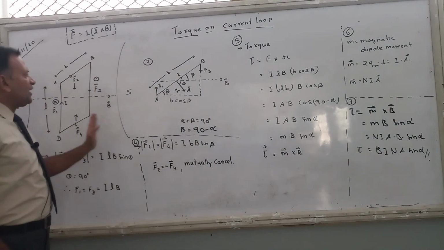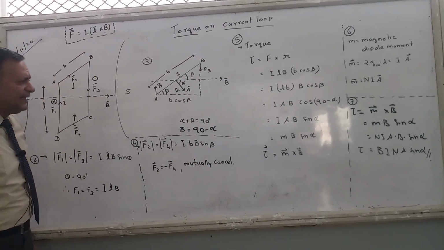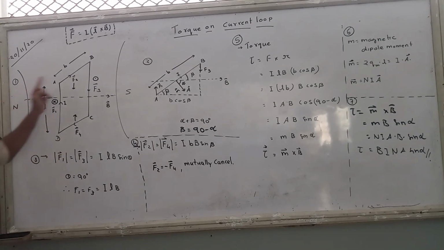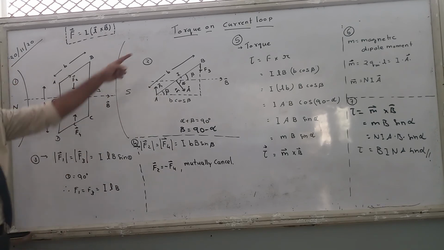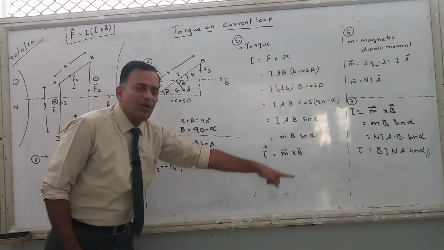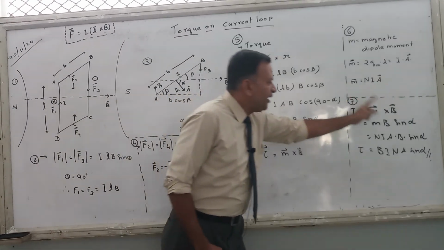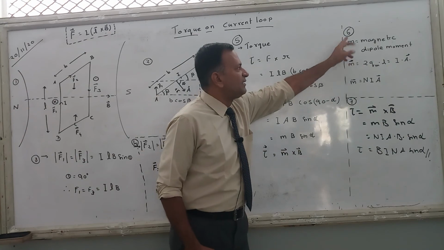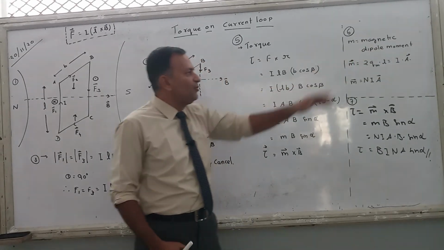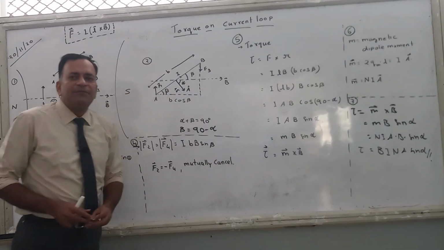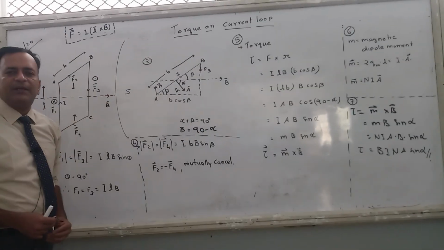Okay, the torque acting on this. See, this is a big derivation. What you need to know in this derivation is the diagrams number 1 and number 2, then calculating force F1 and F3, then calculating force F2 and F4, then calculating the torque. Torque में एक और चीज calculate करनी है, that is the distance between the forces, and then finally the equation of torque. If you want this dipole moment to be written, you can write, otherwise you can skip this, because dipole moment इस derivation में नहीं आता है, it is a separate topic.